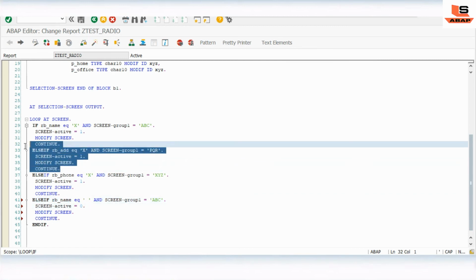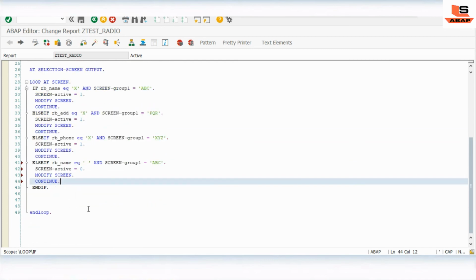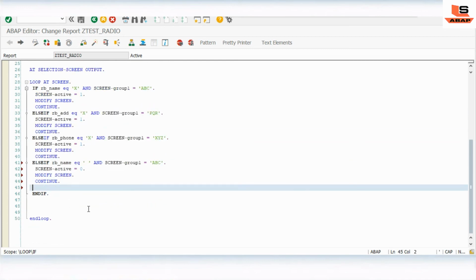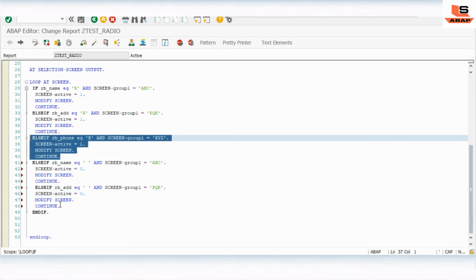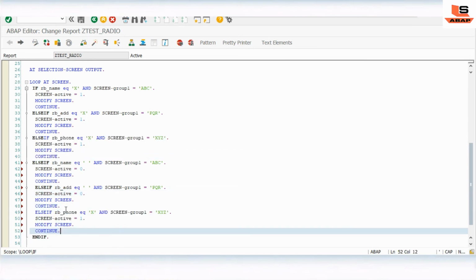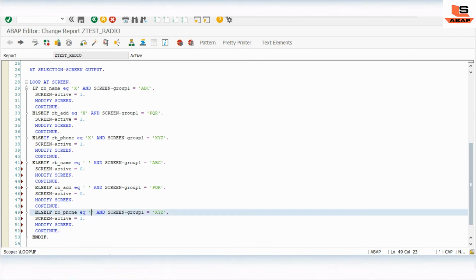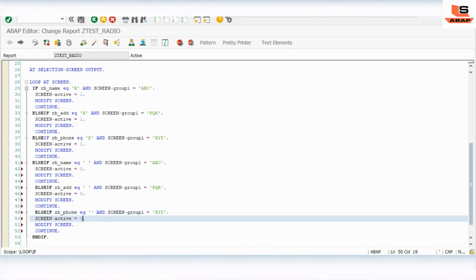Copy the same thing for the other radio button as well, equal to space and equal to 0. Copy the same thing for the third radio button as well, equal to x, equal to 0. 0 means we are hiding these particular parameters from this radio button. So that's it, we are done with our logic.